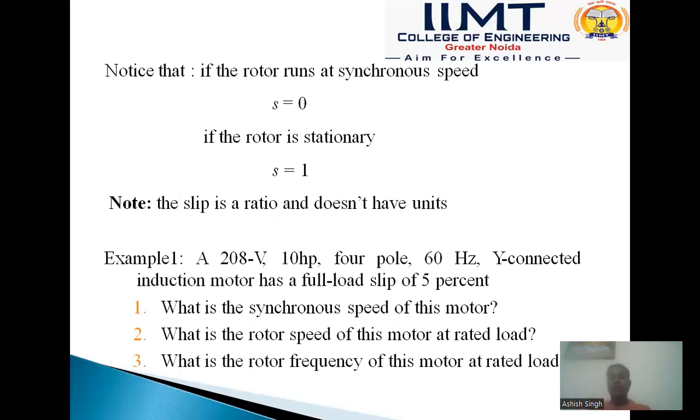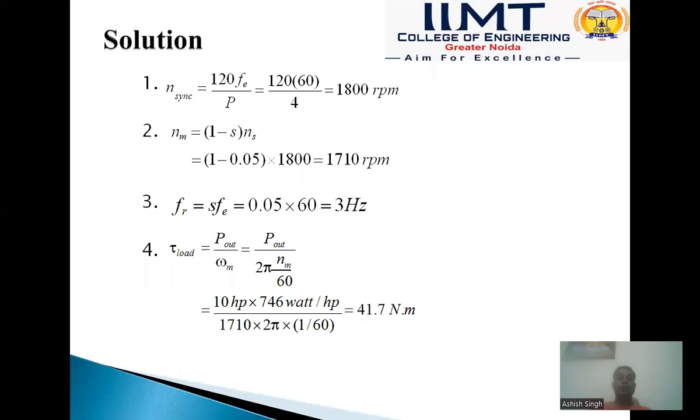We know that 1 horsepower equals 746 watt, so we multiply 10 by 746 to convert into watt, and we already calculated Nm. After putting all these values, we get the induced torque of the three-phase induction motor equals